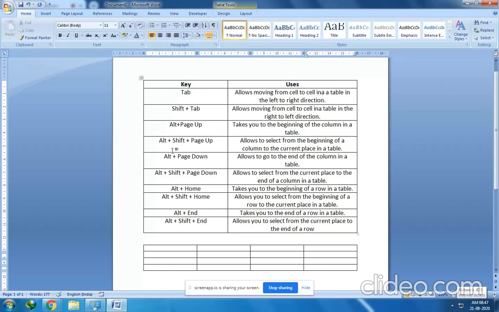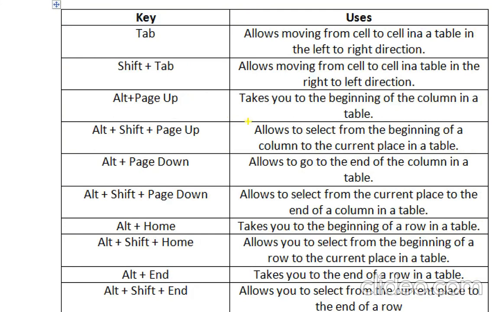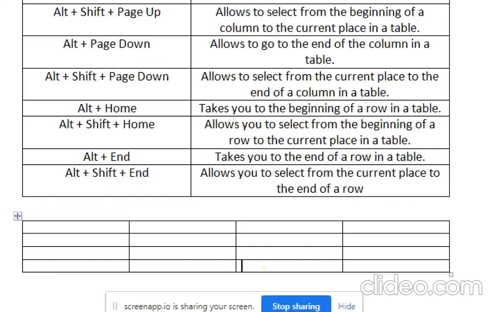Now what is alt plus shift plus page up? Alt plus shift plus page up allows to select from the beginning of the column to the current place in a table. Fine. So let's say my cursor is here now. You can see here my cursor position. It is here. Fine.